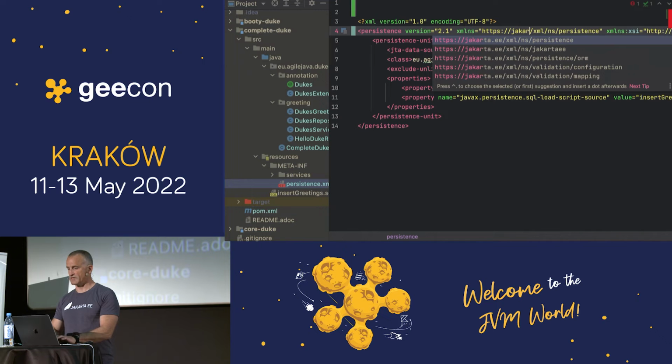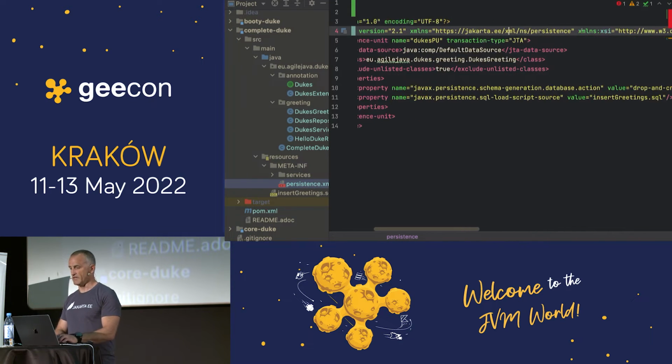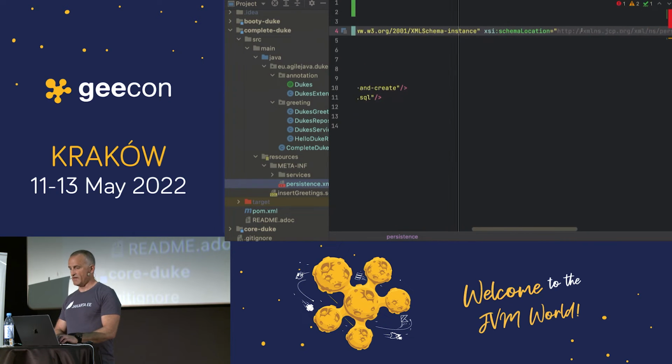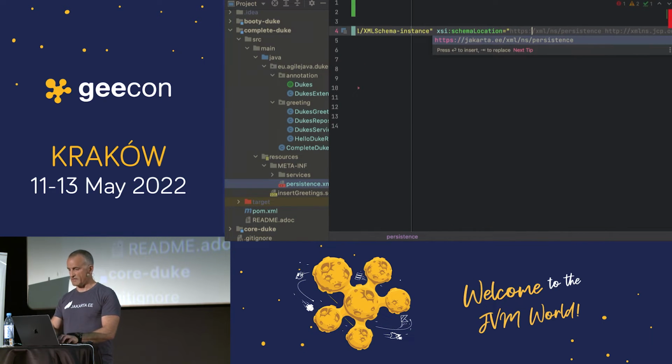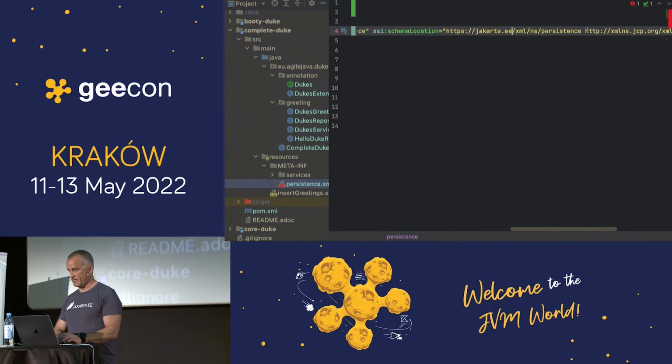So what you have to do is to change jcp.org to https and jakarta.ee, and also do that for the name, the location, and everywhere. And this is also a perfect search and replace kind of thing, but I'll do it manually just for demo purposes here, at least for the file.